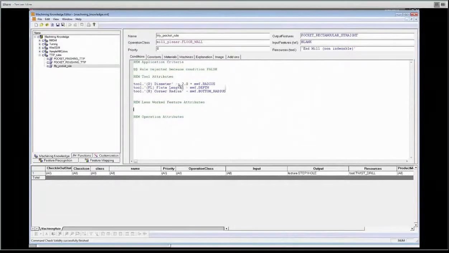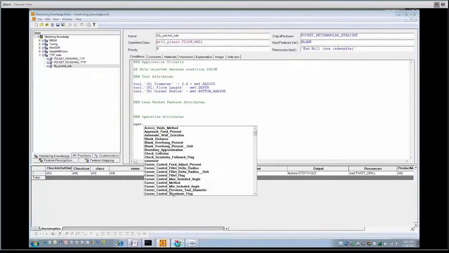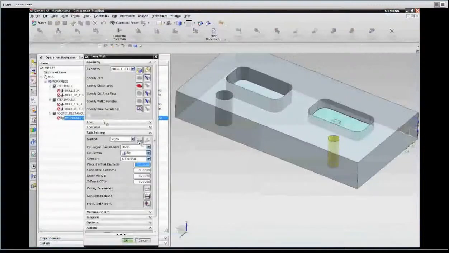Basically, one last thing I want to show you is that, and that's my mistake, I said that the tool diameter should be larger than the corner radius. Obviously, it has to be smaller than the corner radius, so we'll fix that. The last thing I want to do is just show you that basically the operation came,